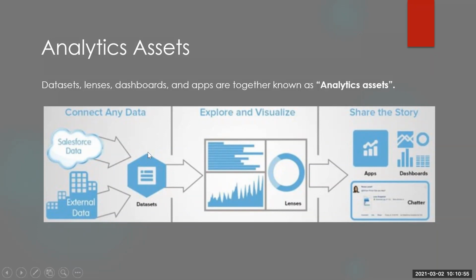And once you have data in your data set, this data comes into analytics. Now, all the searches you do on this data set will be indexed searches, optimized queries. And then these data sets can be used in lenses and dashboards to visualize the data. So a data set will have the data by combining two tables or generating data based on your needs. And once you have the data, then you can display it in dashboards or lenses.